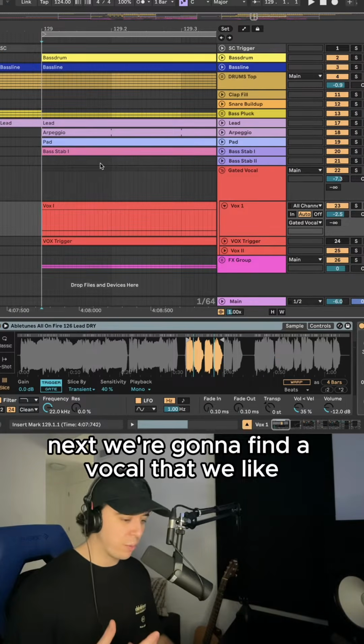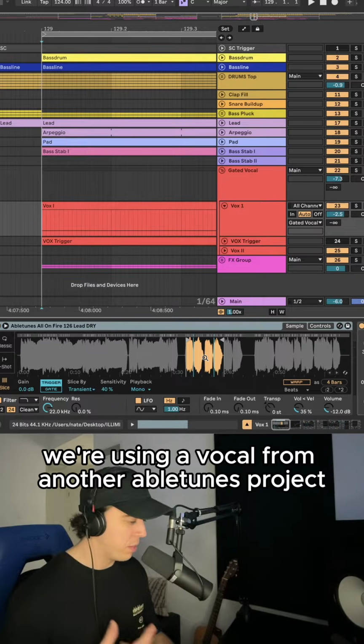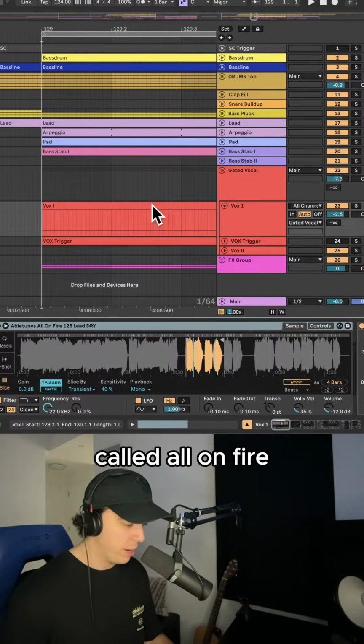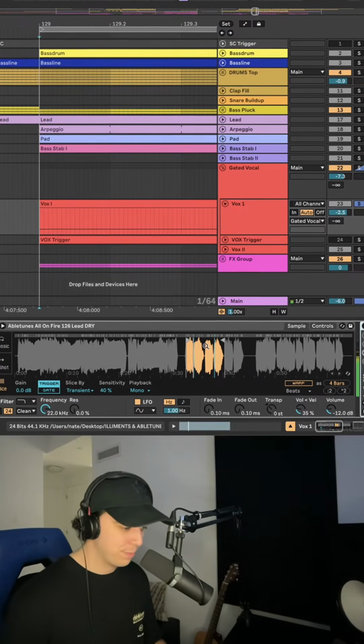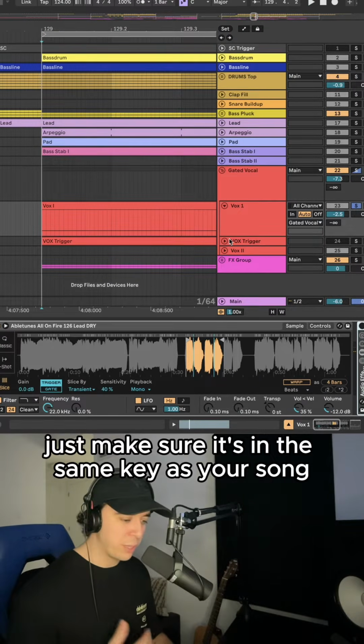Next, we're gonna find a vocal that we like. In this case, we're using a vocal from another Abletunes project called All on Fire, and we just dragged it into the Simpler window here. And this is what it sounds like. Fire, fire. You can use any vocal sample that you like, just make sure it's in the same key as